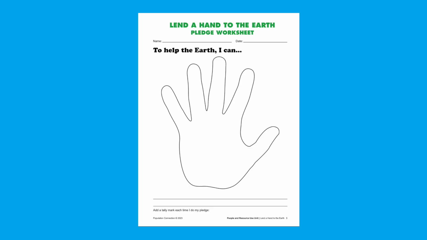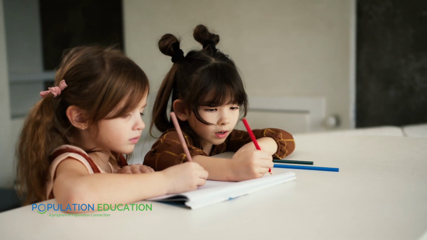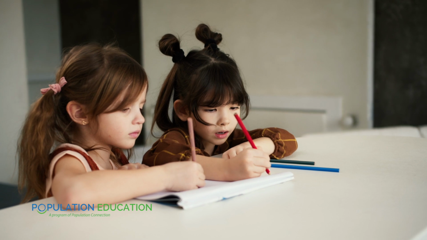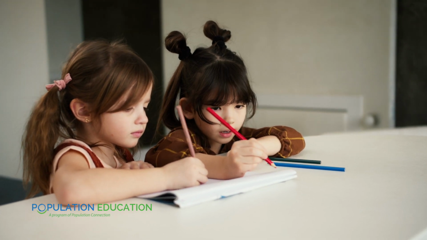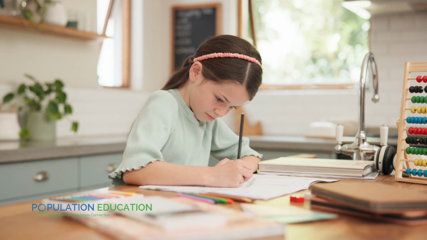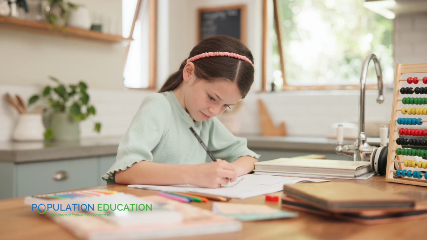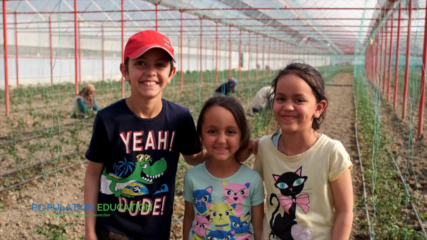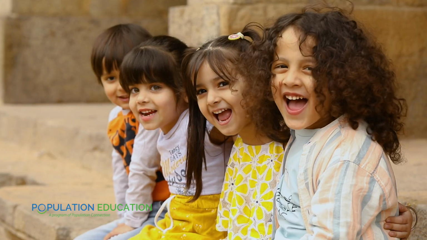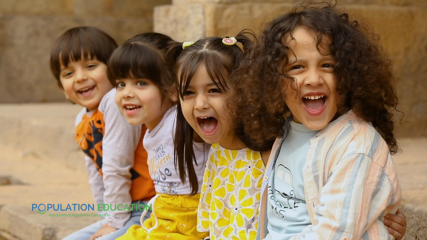In part 2, students use the provided pledge worksheet to create their own individual pledges. Just like in part 1, they'll write their pledge and then draw a picture of themselves completing their unique action. Students should take their pledge worksheet home each night and make tally marks on their worksheet for every time they complete their action. By creating and carrying out both individual and collective pledges, students start to see the big positive impact that their actions can have on the planet.